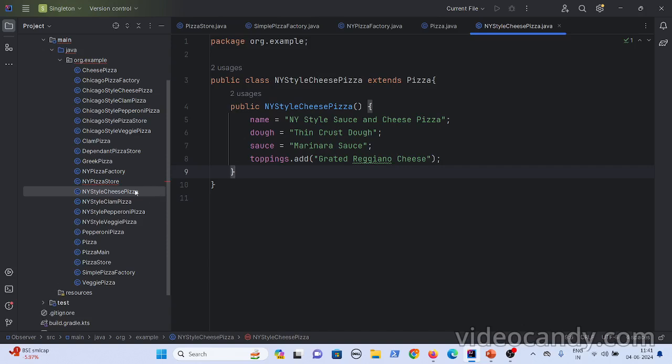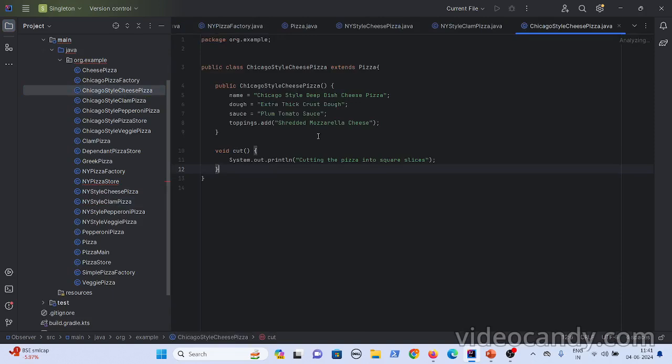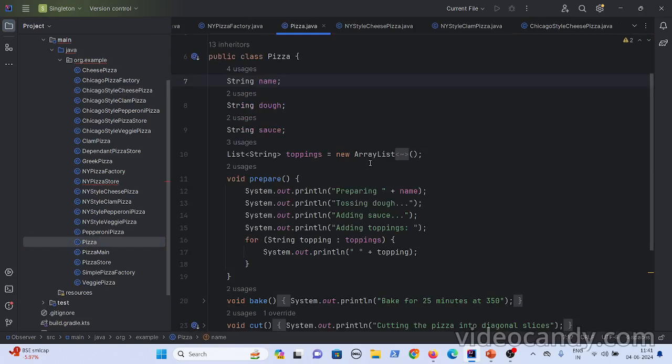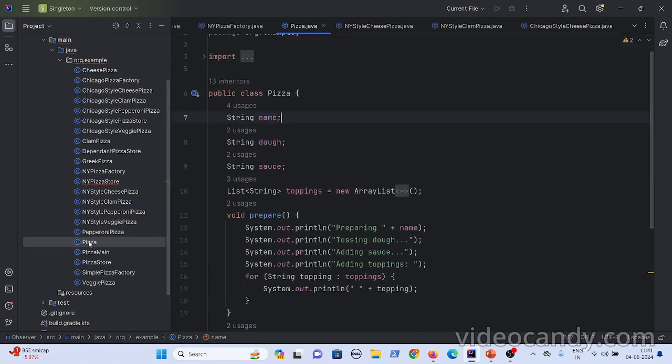Even if you see the clam pizza, it could be different. But if you see the Chicago style cheese pizza, they might add a little different cheese, okay. So what we have done here is, you have a pizza class, but you create specific varieties as the children of this pizza class.